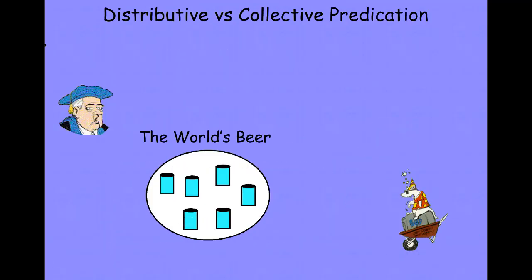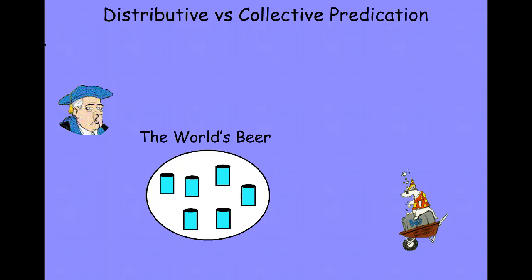Now, these fallacies can oftentimes be confused with fallacies from other parts of our lecture and our text. So we'll want to find a way to distinguish between them. The way to distinguish between them is the nature of their predication. That is, they say something, but what did they say it about? This distinction between distributive versus collective predication is useful for understanding these fallacies and their relationship to similar-looking fallacies elsewhere.